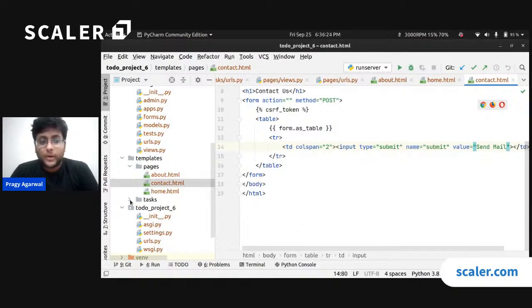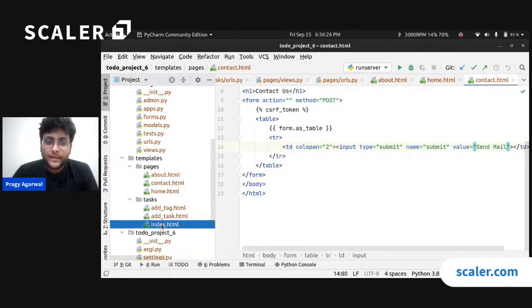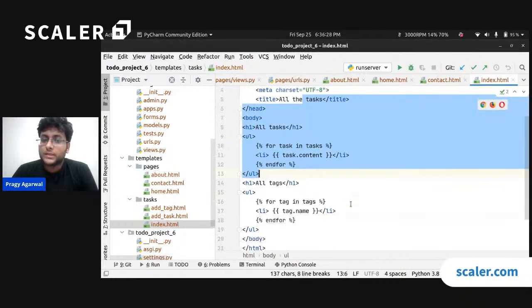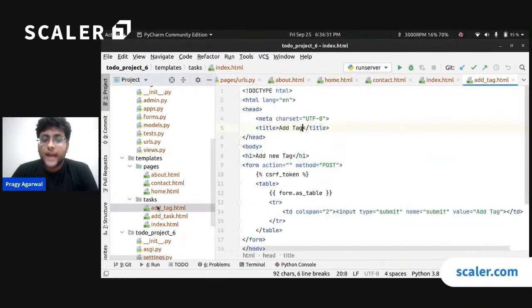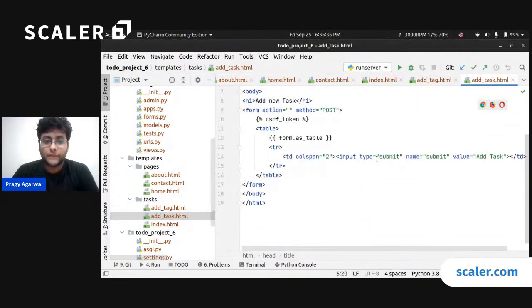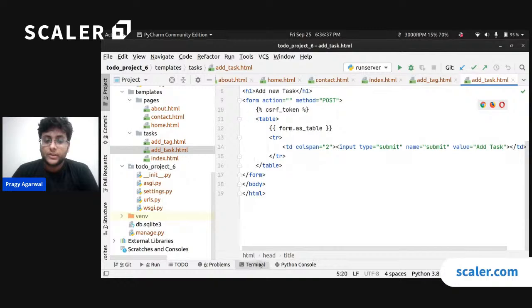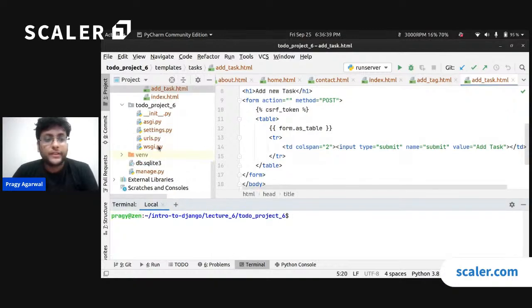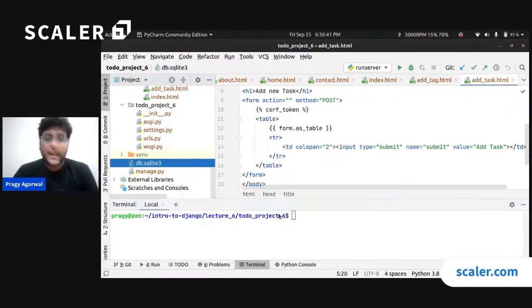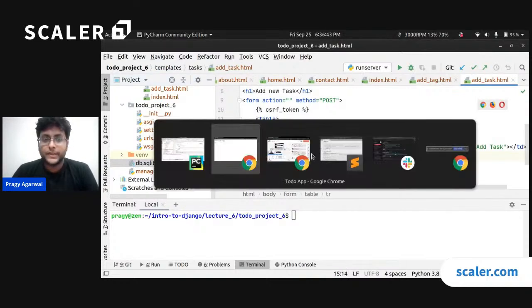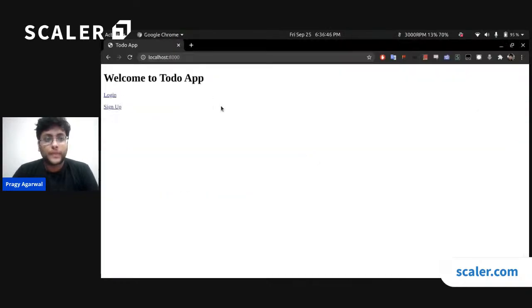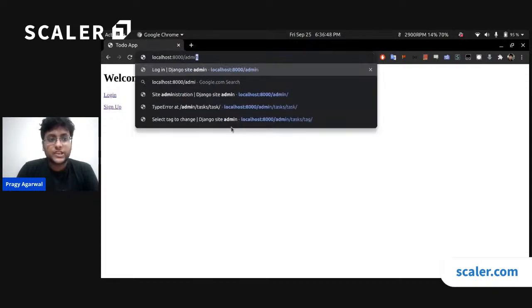Now in the tasks templates, the index just shows all the tasks and all the tags for us. The add task renders a form, and the add task tag also renders a form so that we can add those things. I have gone ahead and created the database. I have migrated the database and I have also created a super user. Now if I go to my application and I go to /admin,